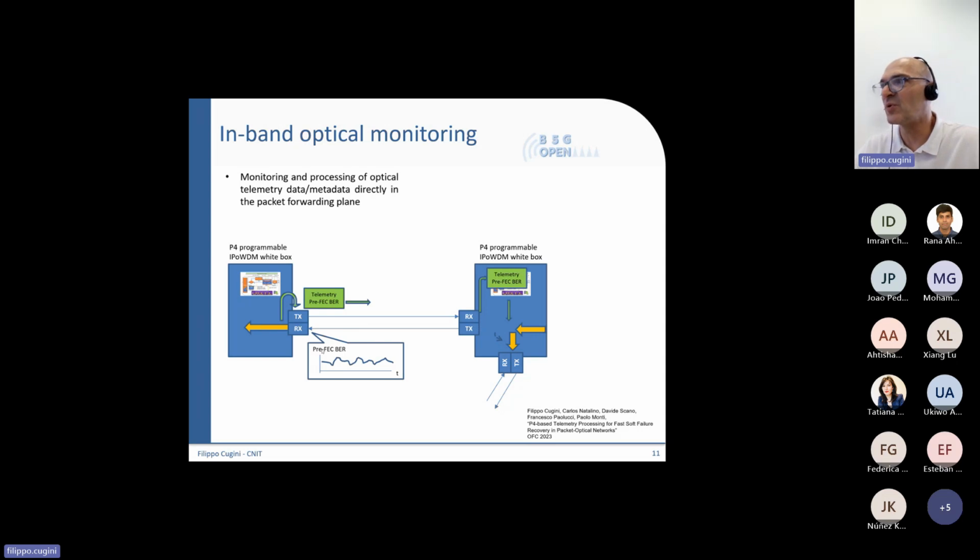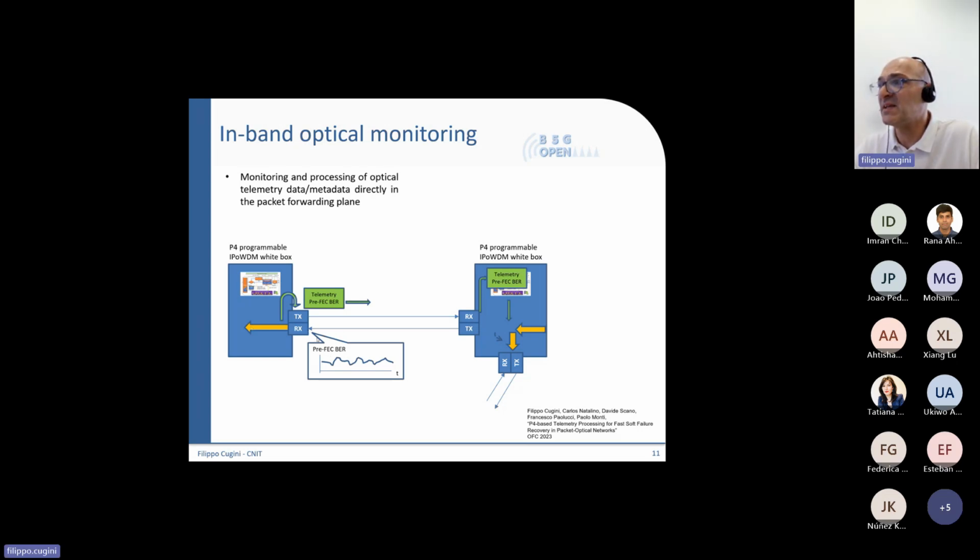However, before the forward error correction, so pre-FEC, we actually have a bit error rate that is recovered by the FEC system. This pre-FEC bit error rate is a very nice indicator of the quality of transmission of this signal. So being able to read this pre-FEC BER enables us to understand how far we are from the limit, and how we can make the transmission more efficient. Because if we look just at what enters into the ASIC, it will be error-free.